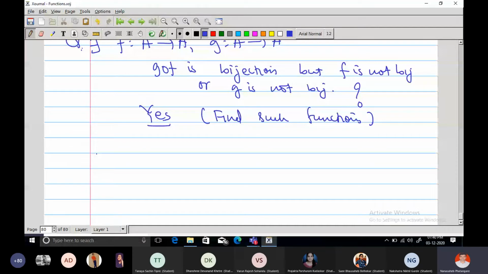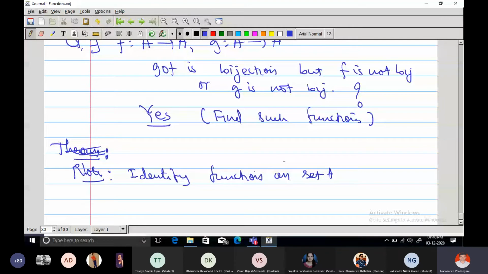Right. Now we want to get stronger conditions so that we can get some bijective function, or we can say whether the functions in composition are bijective or not. Okay, before going to this theorem, what is the identity function on set A? What is identity function? You know the definition of identity function,